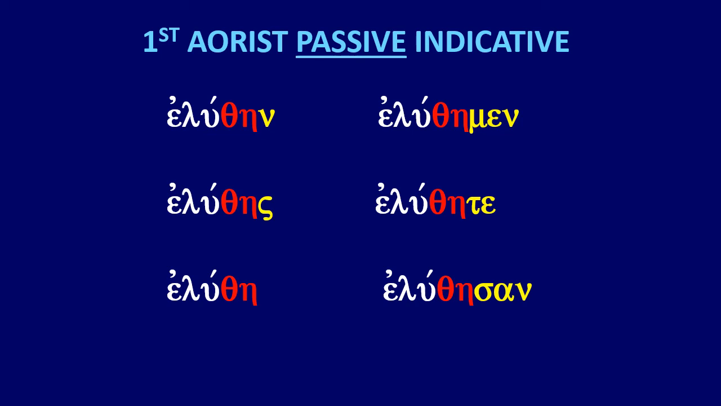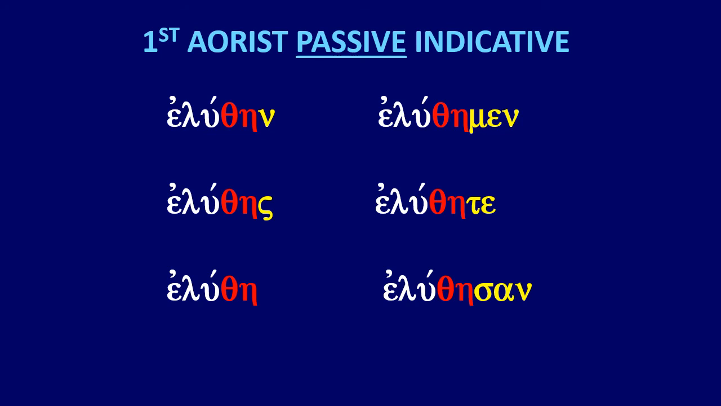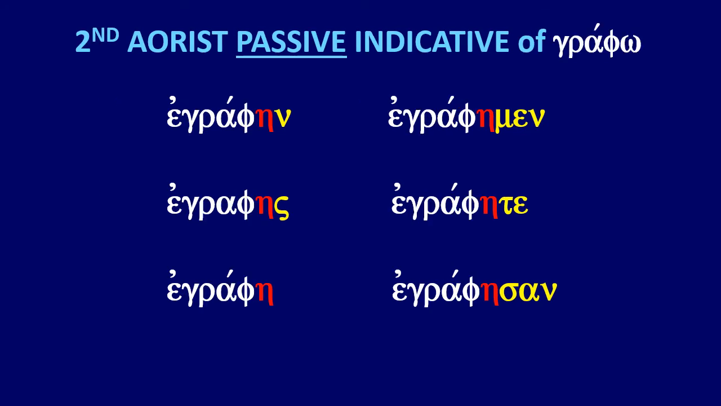passive voice. Now here we have the second aorist passive indicative, and it's very similar to the first aorist passive indicative in the previous slide. But the difference here is that you'll notice that the theta dropped out. The second aorist, as well as the first aorist, have the same connecting vowel, the eta, and the same endings. But the difference is going to be the dropout of the theta. Once again, here is the first aorist passive indicative form with the theta,